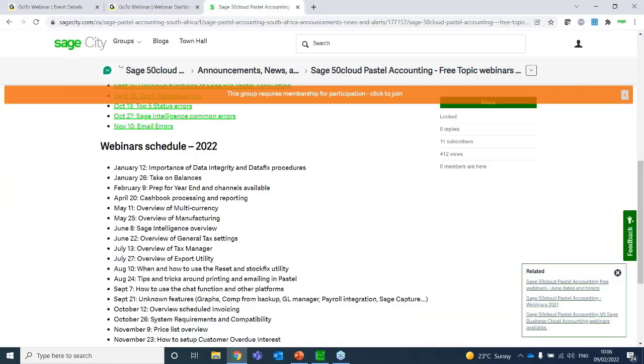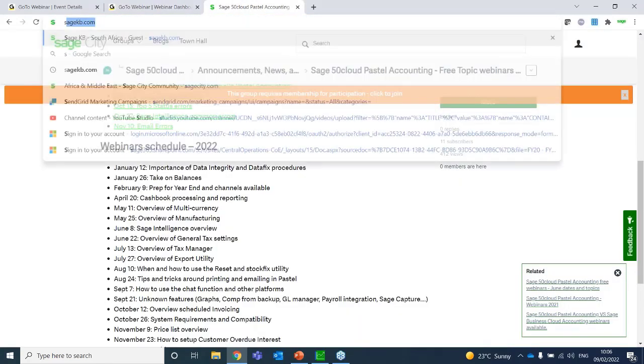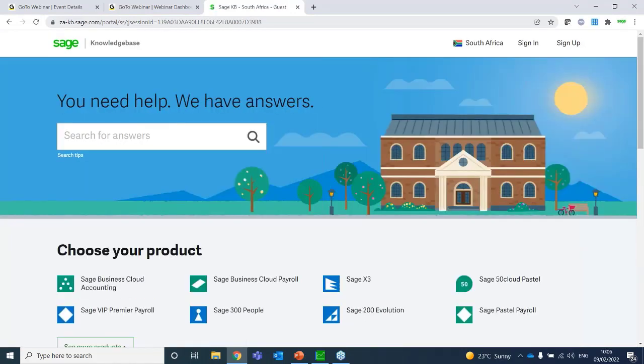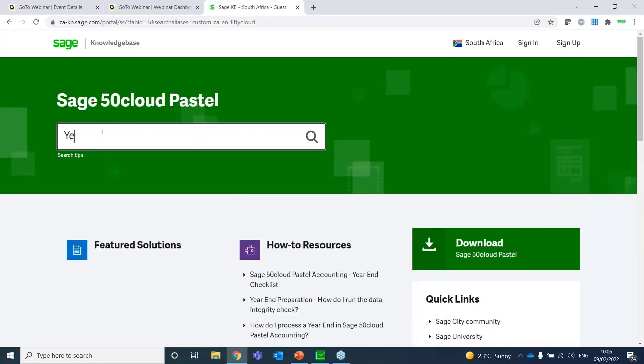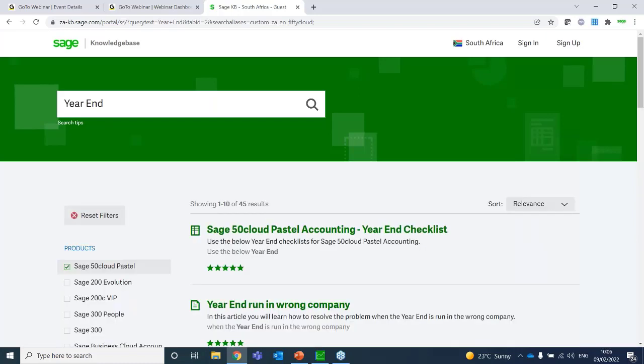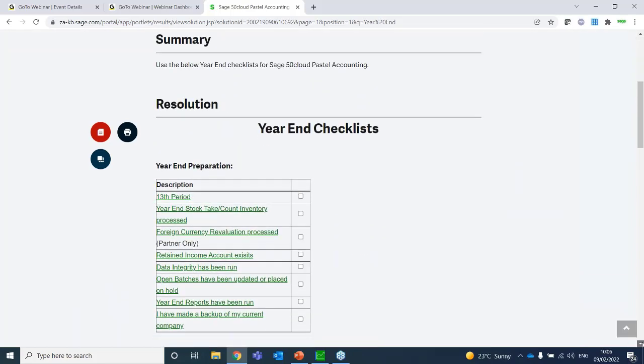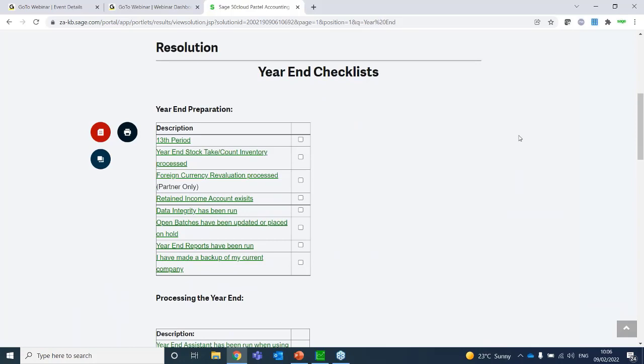And what I mean by that, guys, is if, for example, we go to the Sage KB, this is where we've put the checklist. It is also available via Sage City, but I really like this checklist. What I mean by that is that there's no set time that you actually need to do specific things. And that makes it a little bit tricky, especially if you're coming from a payroll background, because with payroll, there are very,